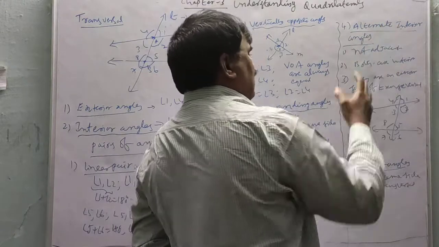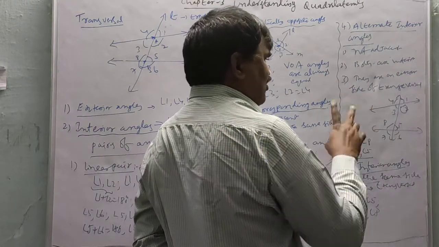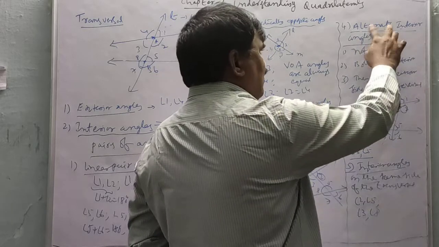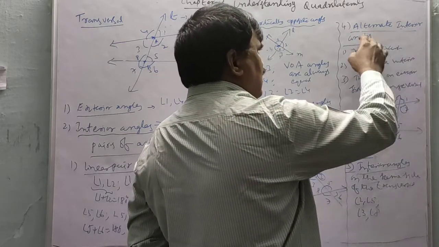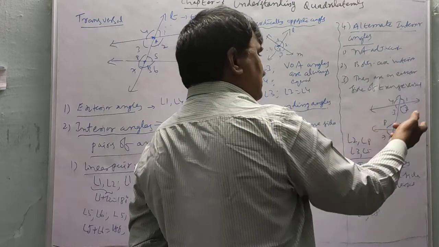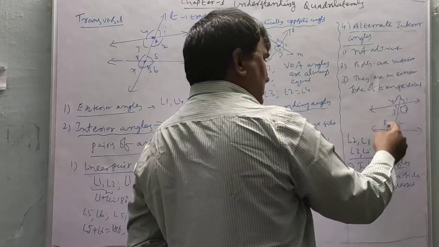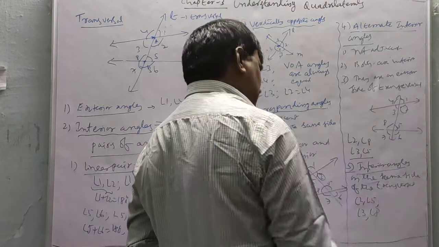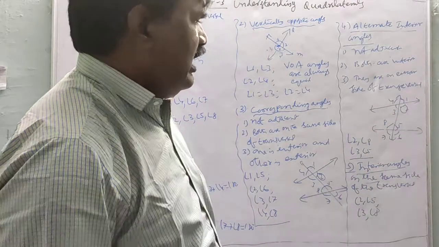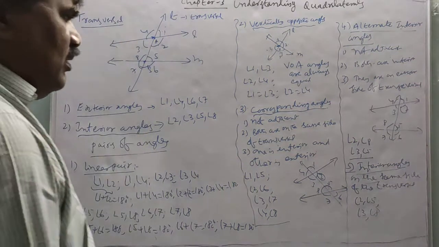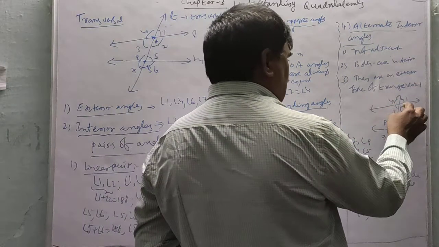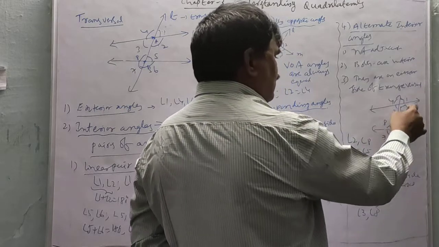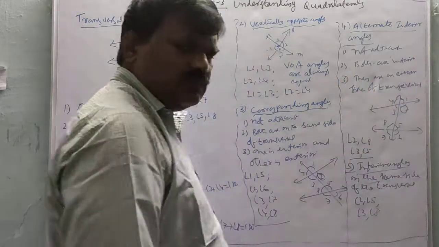What are alternate interior angles? Here all are pairs of 2 angles. They are not adjacent, they are interior angles, as the name itself says, and they are on either side. So if you observe, 2 and 8 are alternate interior angles, 3 and 5 are alternate interior angles. And the last one, interior angles on the same side of the transversal, which the name itself indicates. So we are taking interior angles on the same side of the transversal, 2 and 5, and 3 and 8. That's all.